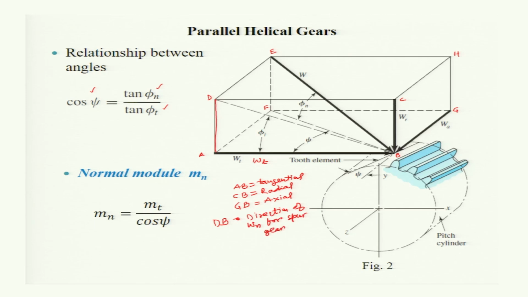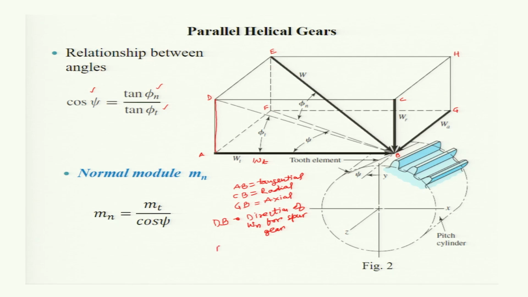Okay. Now in the case of helical gear, the gear tooth is not parallel to the axis, but it has rotated by an angle psi. So the plane of Wn for the case of helical gear will make an angle psi with the plane on which Wn for spur gear acts. It means the ABCD plane will make an angle psi with the plane on which Wn for helical gear will act. So let that plane be